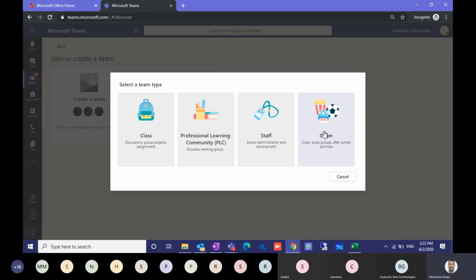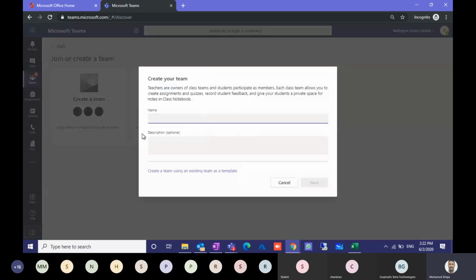These have the core components of Teams, like chat, your team, and your calendar. But apart from this, the class team will have more functionalities, which I will show you further. You have to create a class.